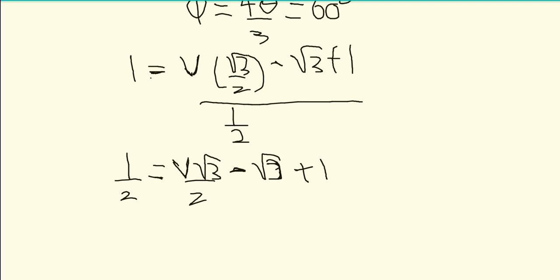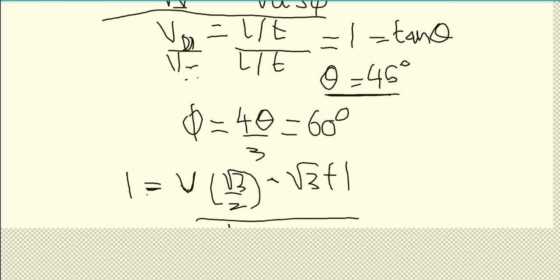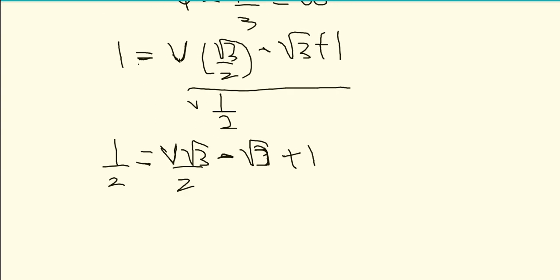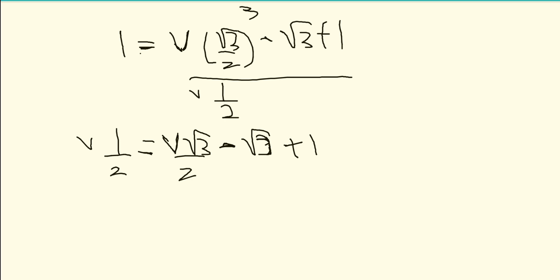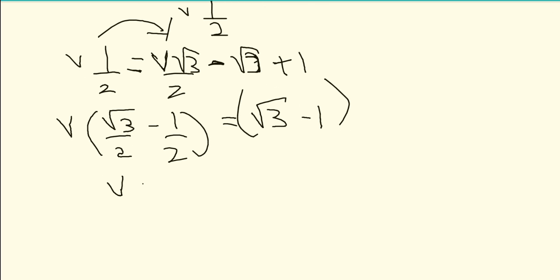So v√3 by 2 minus √3 plus 1 is equal to half of v. I shift this term to the right hand side, so v√3 by 2 minus v by 2 will be equal to √3 minus 1. If I cancel out √3 minus 1, the velocity will be equal to 2 meters per second. So this is the initial velocity of the ball with respect to the plane when it is thrown.